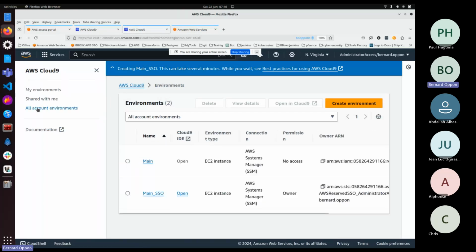But if you look at Cloud9 in all the accounts, there's two. But this user here doesn't have access to this Cloud9. I can give this user access to this Cloud9, but this user has to do it for this user. But that's not the scope of this training. So